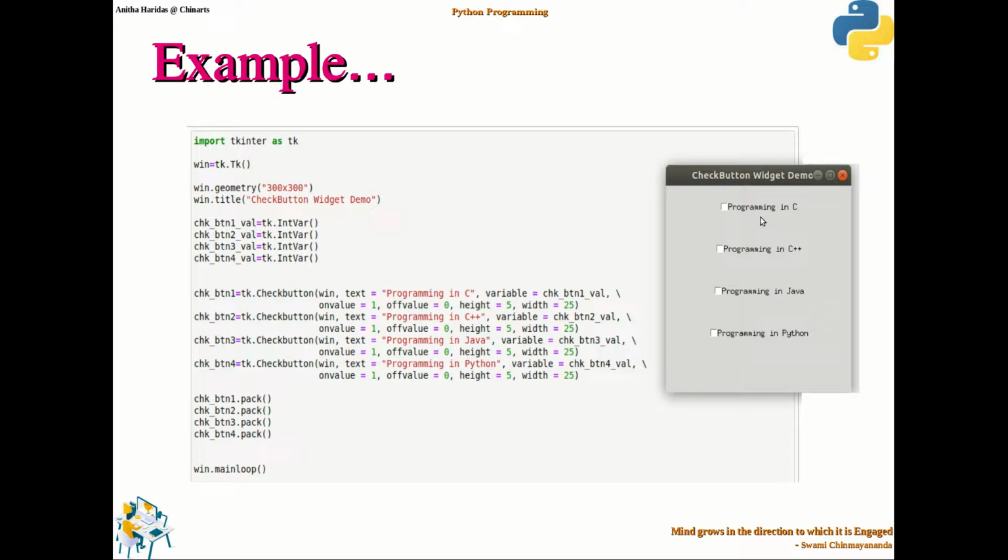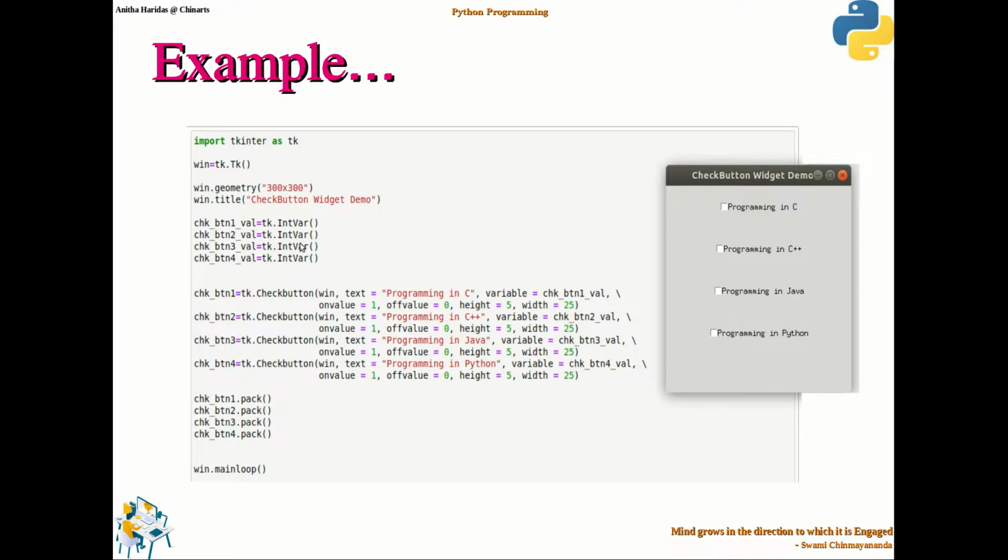So either it will be 0 or 1. When the value is changing, I need a variable to specify whether it is checked or unchecked. For that I am going to use an integer variable associated with each checkbox.